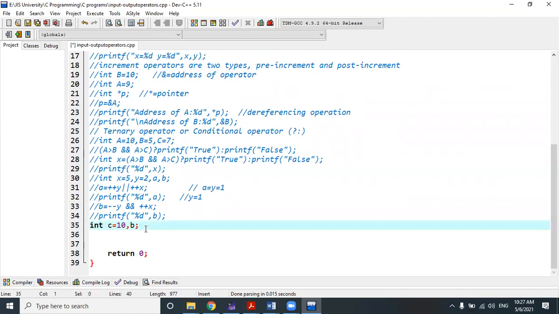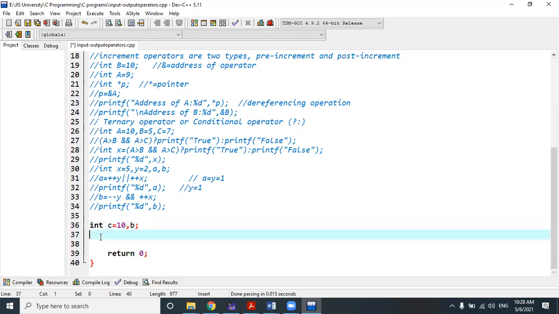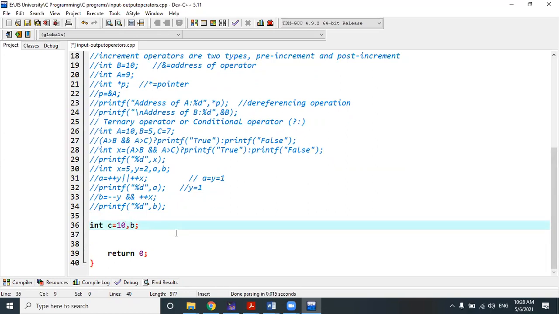In campus placements, when there is a technical round or in your GATE examination, they will give you this kind of code snippet and ask you to tell the output. What will be the output? By the help of dry run logic or your own logic, you can apply your concept and tell them that this should be the output.